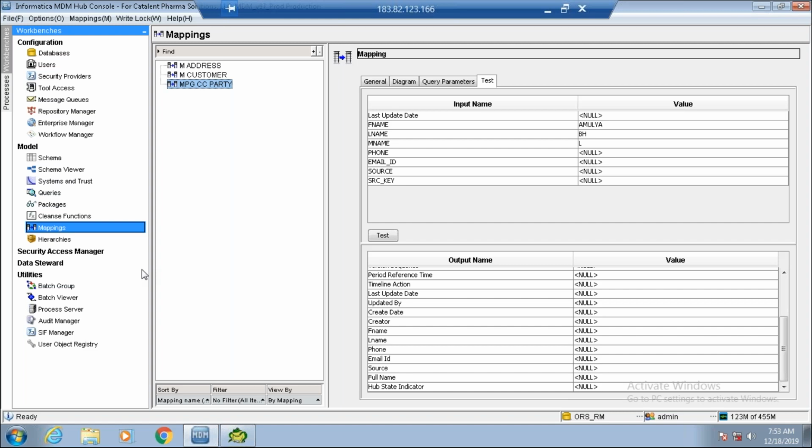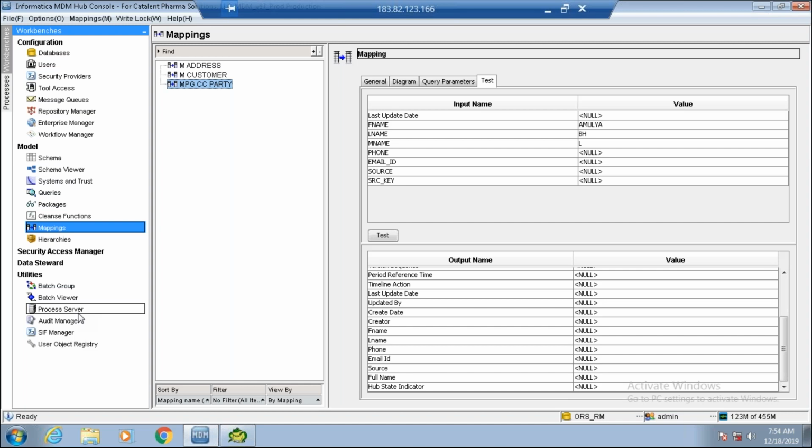Understood till here? Now, MDM Hub. For example, let me compare with Power Center. You have Power Center repository and you have something called developer, but you have something called integration service. Correct? Similarly, MDM also has an integration service to run all the jobs, and to run and monitor the jobs, that particular integration service is nothing but a cleanse server here, or something called process server. Cleanse server or process server are one and the same.